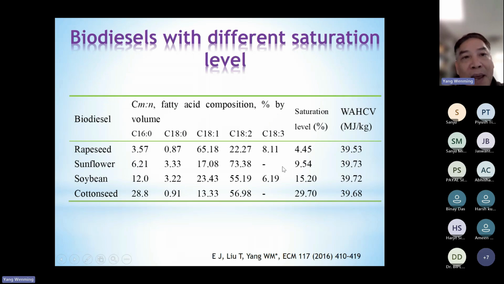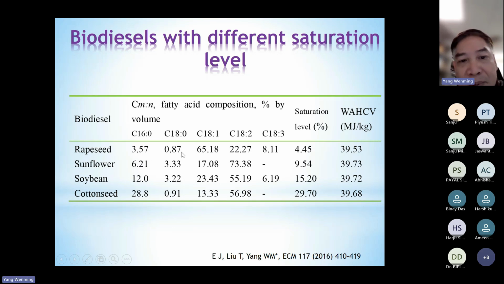Okay, so next one I want to introduce is biodiesel with different saturation levels. So-called saturation level is defined as the percentage of the saturated composition to the total mass. For example,